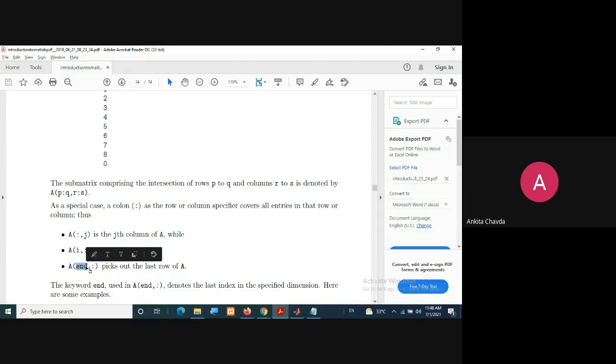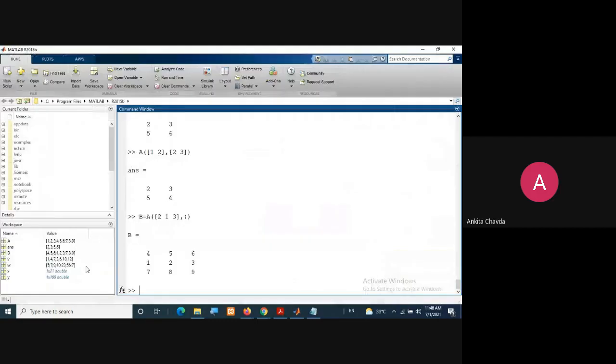Suppose here I want to print, so this is my A, the last row and all the columns. What do I need to write? I'll write end. End means the third row, your last row, and for all the columns, so it will be 7, 8, 9.